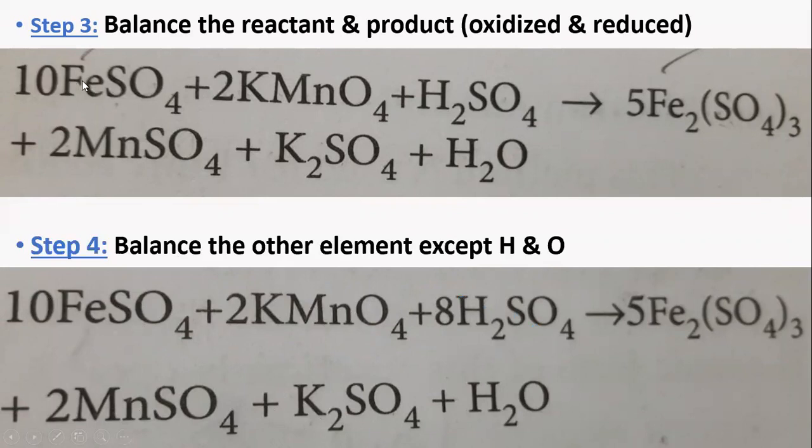Okay, so previously ferrous sulfate and potassium permanganate are balanced, and here leaving hydrogen and oxygen you look for the sulfur. Here sulfur 5. Here you see first we get 15 sulfur, that is here 3, right, and here 5 into 3 will be 15 sulfur, and on this side manganese 2 sulfur, and again here in K2SO4 1 sulfur, so totally you will have 18 sulfur. So now that we have to balance.